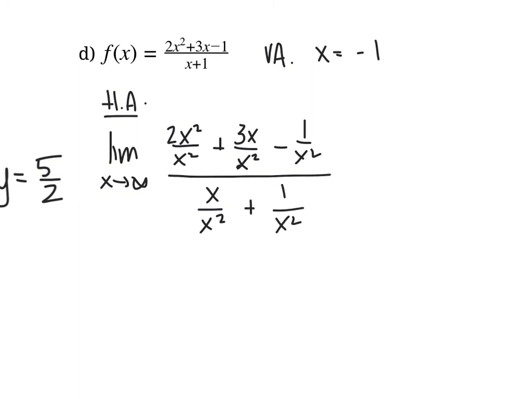So let's look at each of these terms now. These are going to cancel out, and we're left with that 2. This term is going to go to 0 because that denominator is going to get very, very large compared to the numerator. This term also goes to 0 because the denominator is very large. Same thing with this term, 0, and this term, 0. So essentially, as x approaches infinity, this is going to approach